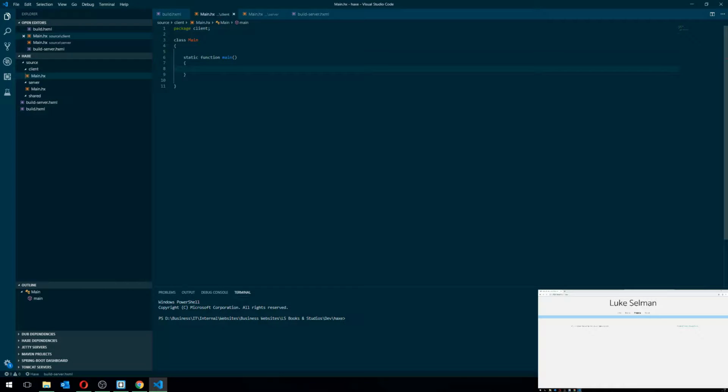So if we go to our Haxe code inside of our client folder, so this is where I am, the client folder. I'm not going to use the shared folder for quite some time, at least until we actually do start sharing some code between the client and server. So the first thing I'm going to do, in order to actually get an Ajax request going, I'm going to say import